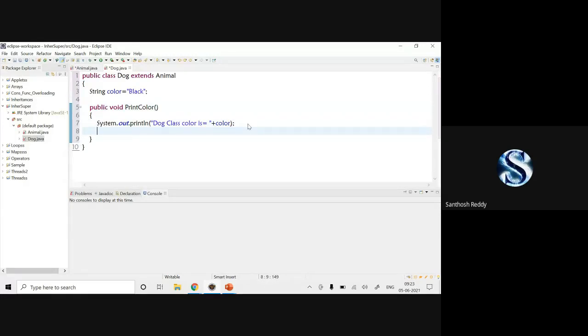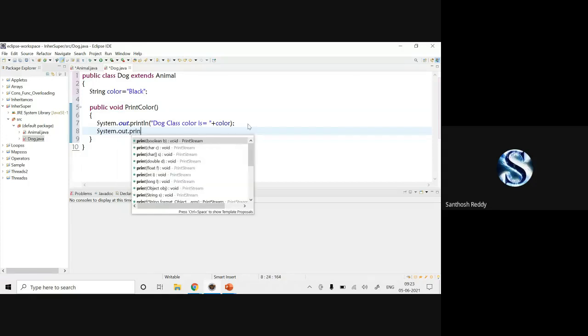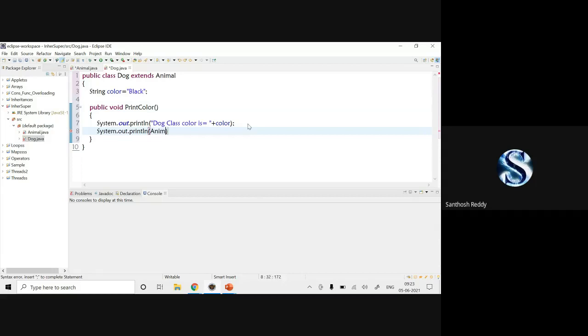You have to use the super keyword only to extract immediate parent class variables and methods. Now System.out.println("Animal class color is equal to " + ... How do we extract the Animal class variable?